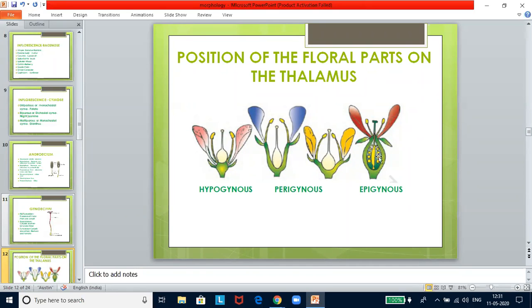Epi is above, so above the gynoecium. The ovary comes down, and above it all the other whorls arise, and this is what is known as the epigynous condition. And now the ovary is said to be inferior. See, this diagram is very important. They might give you these and ask you to identify which is hypo, which is peri, and which is epi. You can't memorize; it is very easy to analyze. You just see the position of the ovary. If the ovary is above, then it is hypogynous. If it is halfway like this, some coming that way, some coming this way, then it is peri. Epi means above the ovary, other whorls arise, and this is known as the epigynous condition.